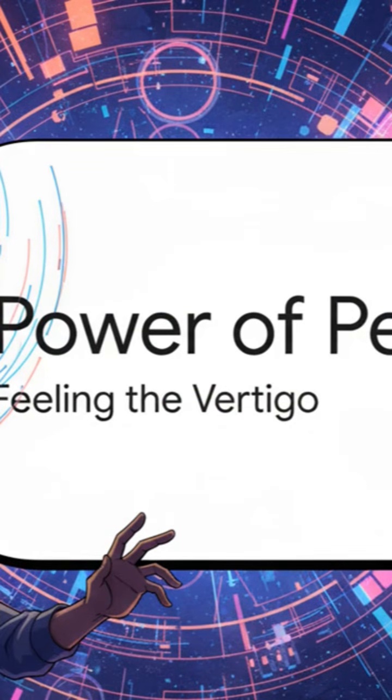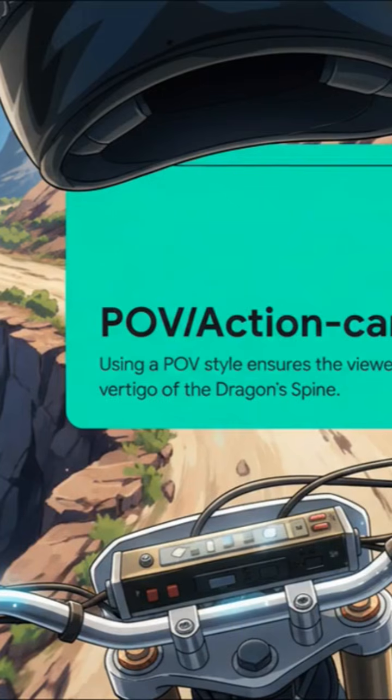First up, the power of perspective. Feeling the vertigo? This is all about exactly where you place the viewer's eyeballs within the digital scene. By explicitly instructing VO to use a first-person camera style that mimics a GoPro, you're forcing the